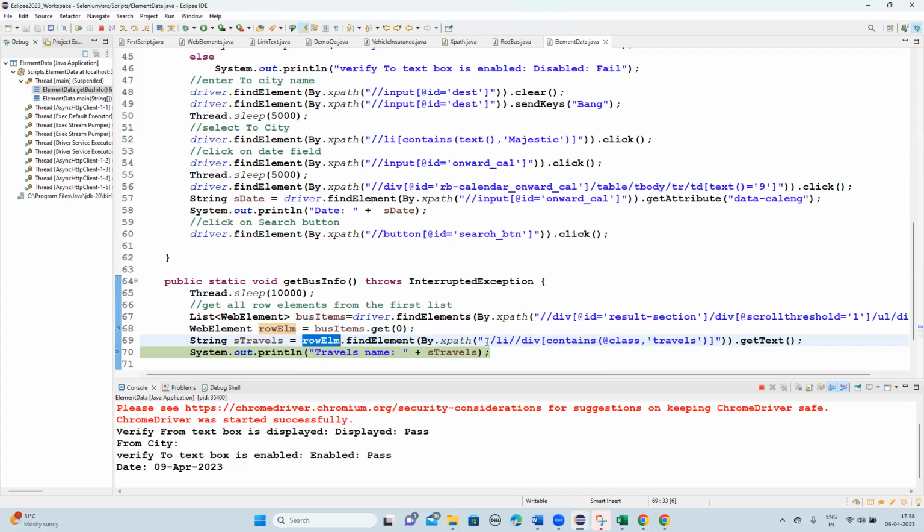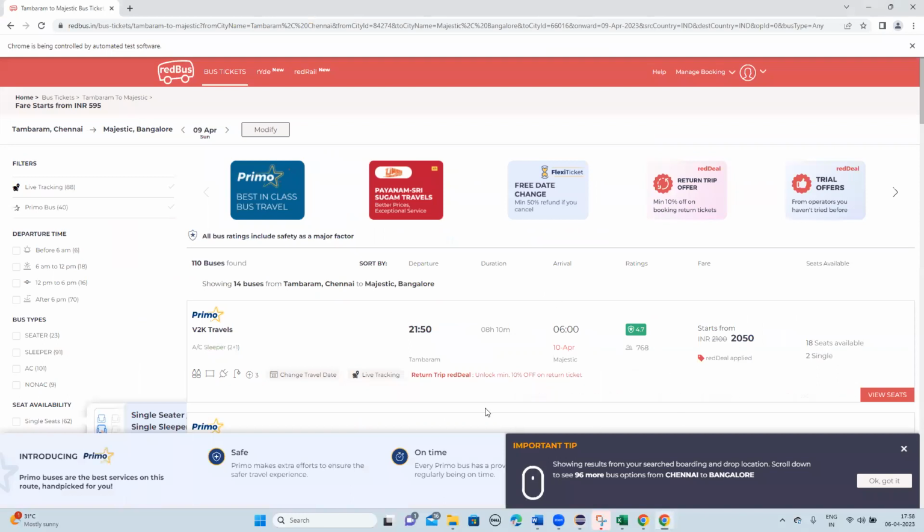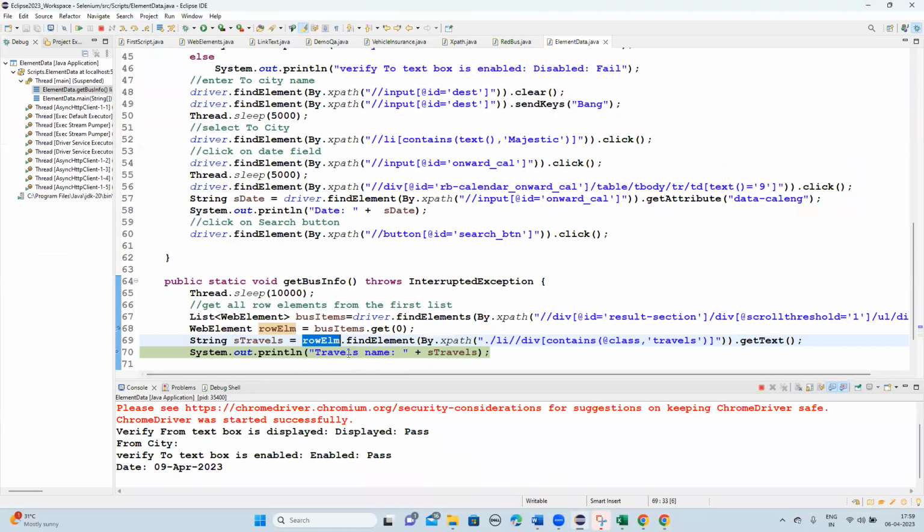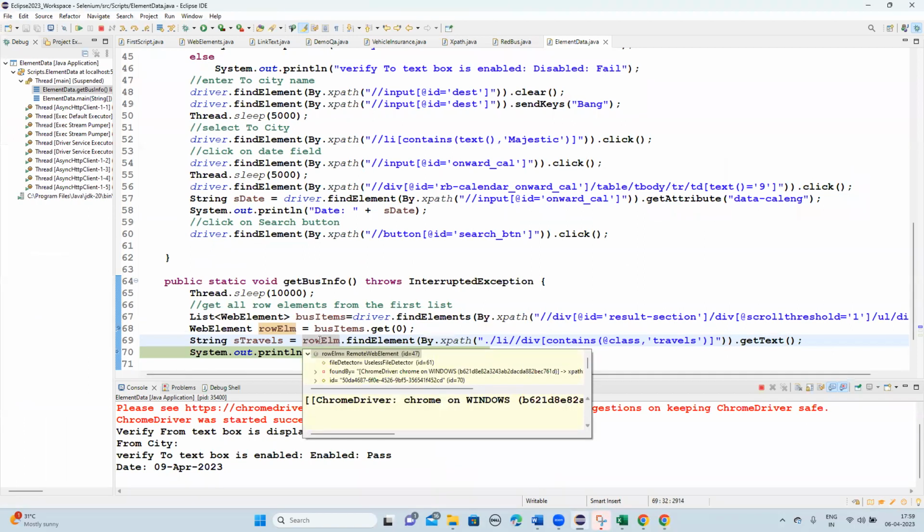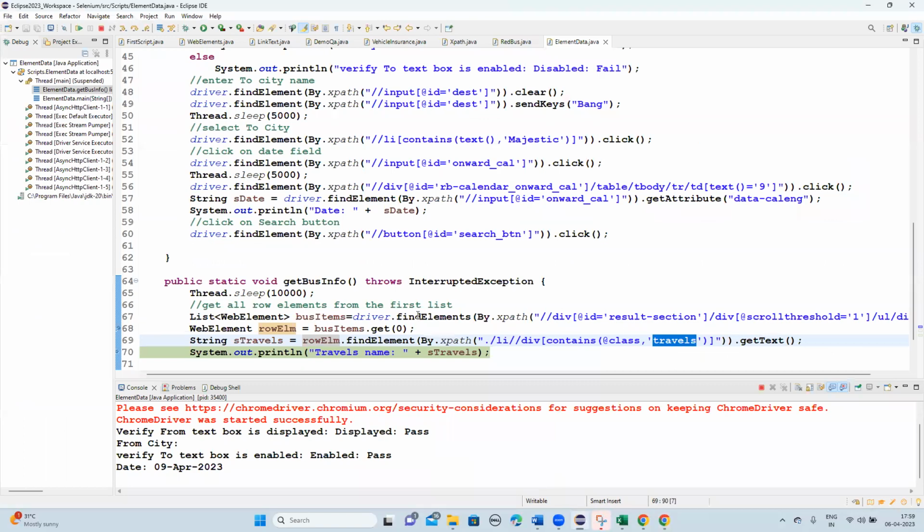All of you clear, guys? That means it will search for the element in the entire HTML page. But I don't want to search the entire HTML page. Why? Because in this application, there are two lists, both defined with the same properties. Under each list, you have multiple items, and all those items are defined with the same properties. All of you clear, guys? So that is the reason why I want to search by using this first row element. I want to search for this travels element only inside